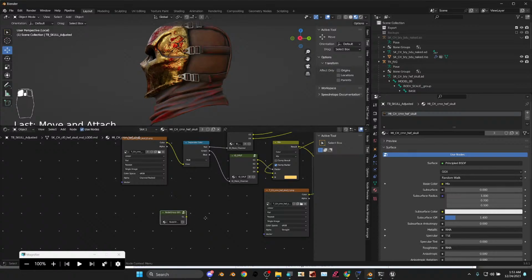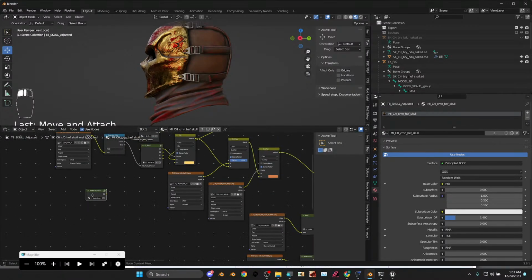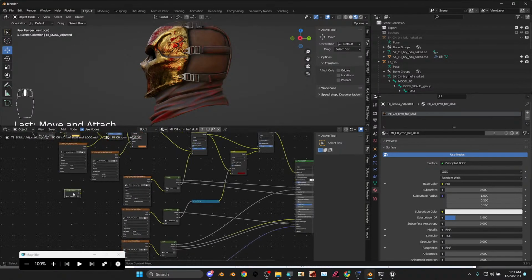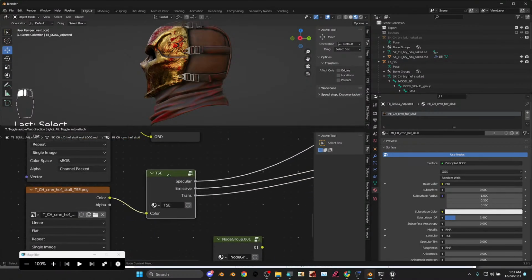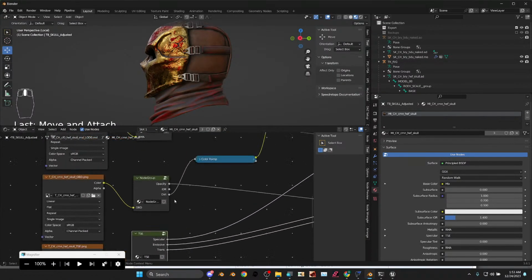That way I have this little baby one. I'm bringing that over here because I'm going to use it as a mask and set it up with my roughness. So I'm going to look for my roughness, which is,